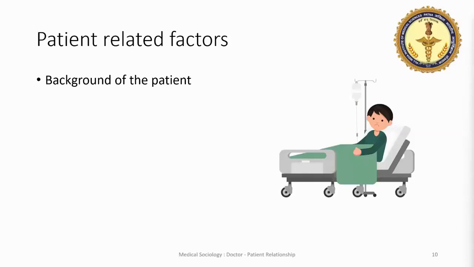First one is the background of the patient. The role of the patient is mediated through the social, economic, and cultural context within which the patient is based. This context will shape his or her interaction with the institution and practitioners who provide care. The response of the patient and his or her ability to interact with the doctors is also shaped by various factors like the gender of the patient, the race of the patient, caste of the patient, the socio-economic class of the patient. All these things interact dynamically to shape social and economic access to care, thus influencing the patient's ability